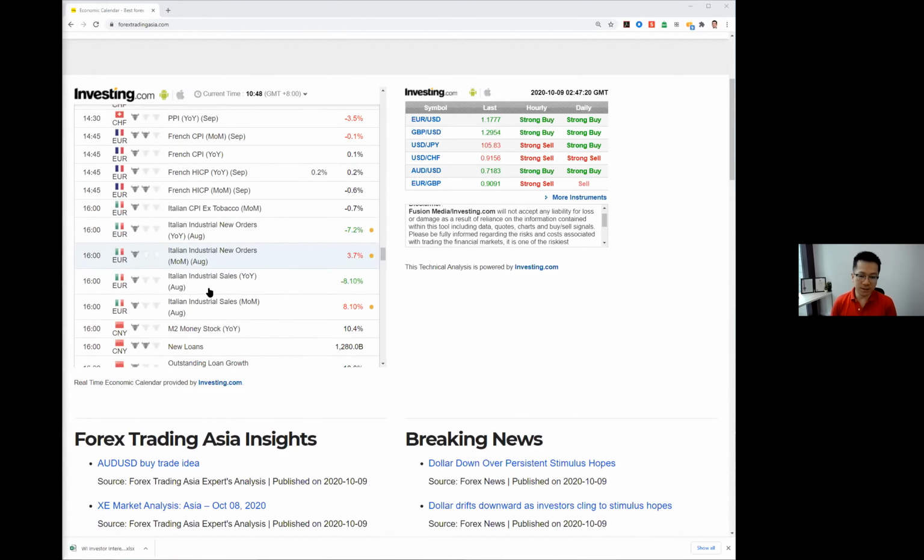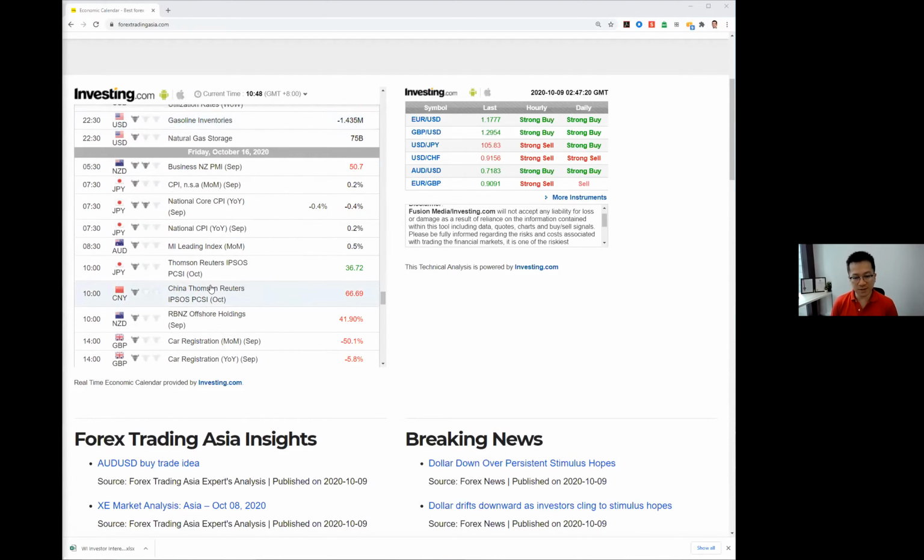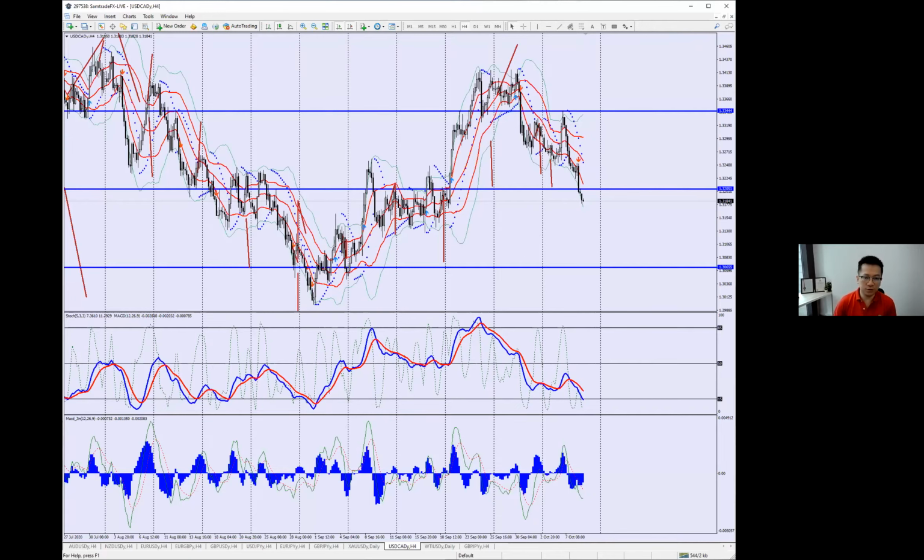And then lastly, on Friday, we have retail sales numbers for the US. It's not in the pyramid, but that could move markets a little bit. So with all that said, I do feel that it's going to be quite straightforward trading, but do pay a bit of attention to the stimulus news that's coming out as and when they like. That could change the direction of markets as it progresses.